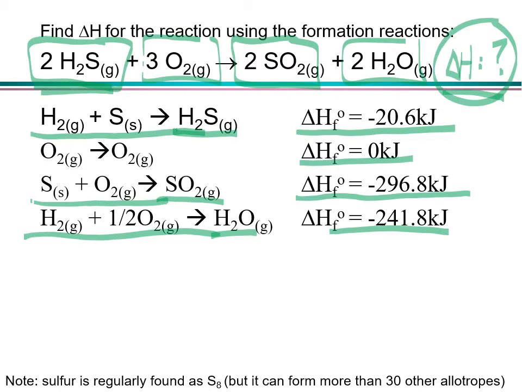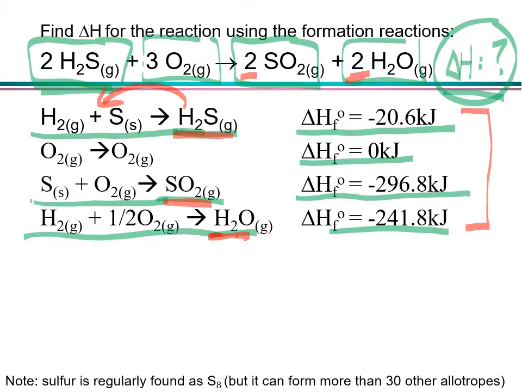But don't forget, we have to manipulate them in a way that gives us our target reaction. So for example, there are 2 waters, right? My equation only has 1 water, but that's no problem. I just need to double that equation. Sulfur dioxide is here, and again, I need 2 of them because that's what it says here. So again, I just need to double my reaction. This hydrogen sulfide, I do need 2 of them, plus I need to flip the reaction, so I just need to multiply the whole thing by -2. And as long as I apply those changes to the delta H's as well,